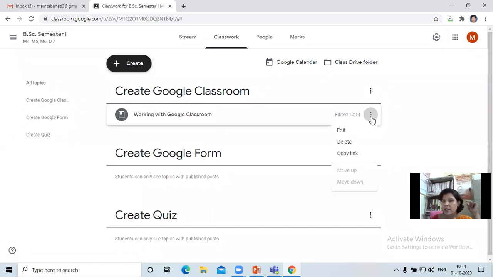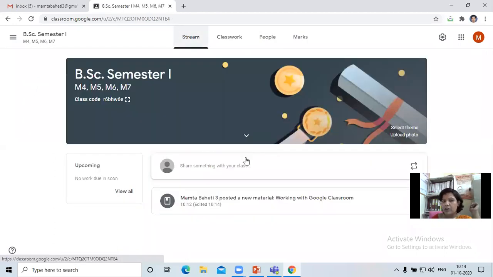If it is not required, I can delete it, or if it is required to reuse it, I can copy the link, which I'll show you in later sections. Now we'll see in the stream what I have communicated to the students. Here you will find Mamta Bhaiti 3 has posted a new material on the topic with the title working with Google Classroom.